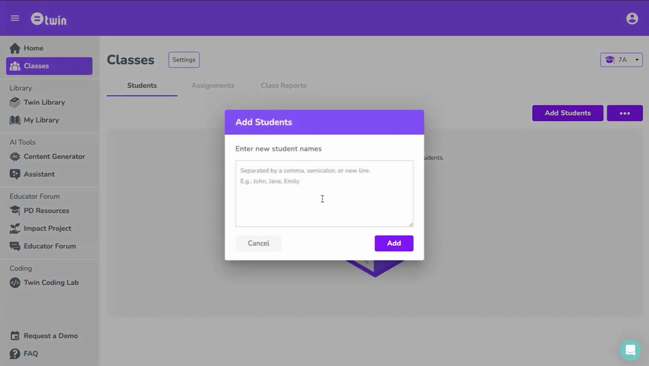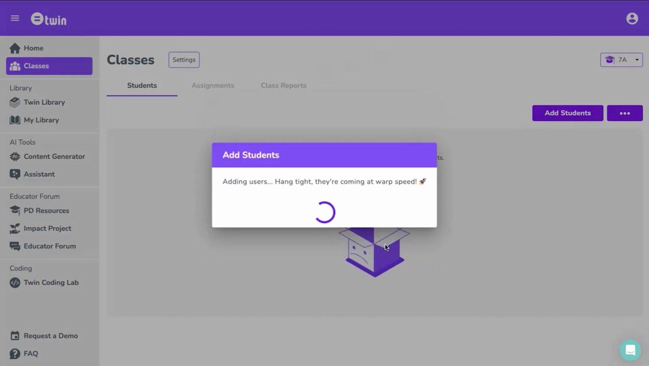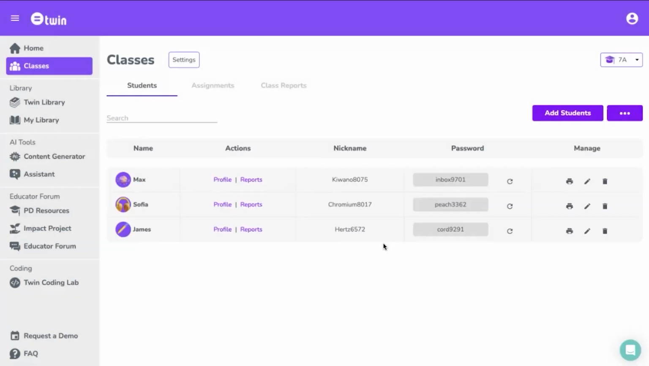And here you can write the names of your students using commas. So I'm going to say Max, Sophia, and then let's say James. After I write the names of my students, dividing them with commas, I'm going to say add, and then after I wait for a little bit, all my students will be added to the platform. After my students are added, you can view their nicknames, so their usernames and their passwords from the students part